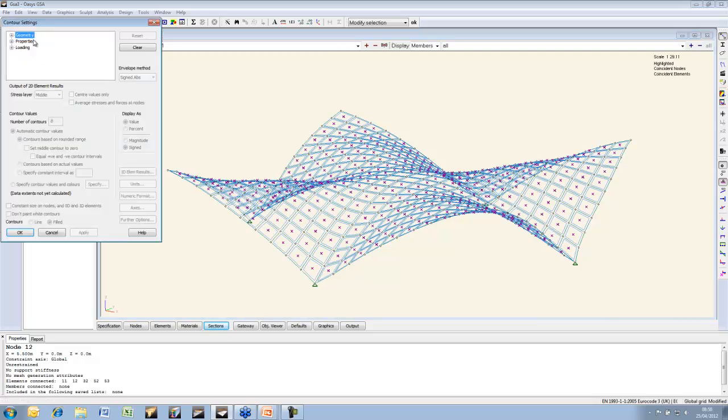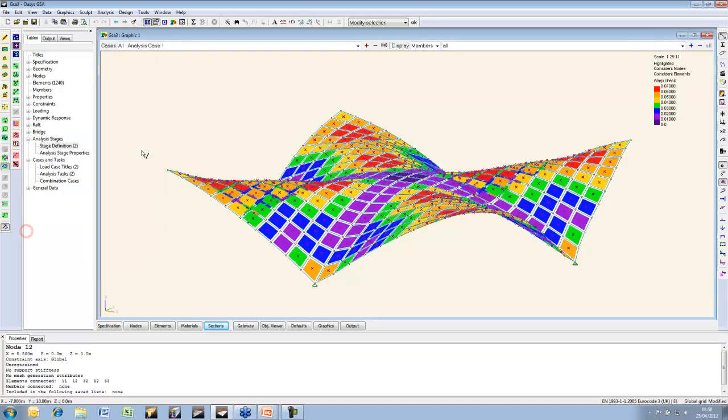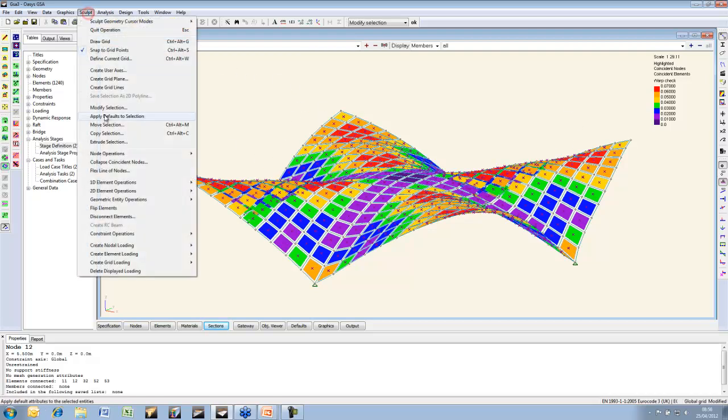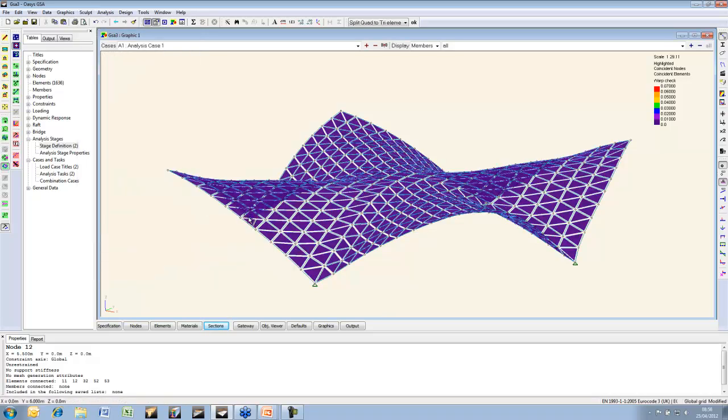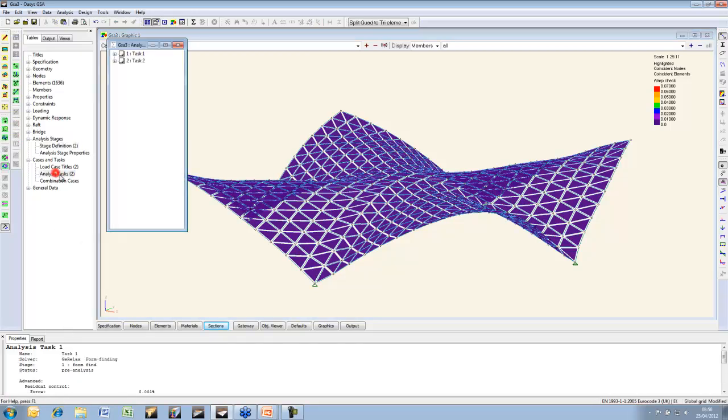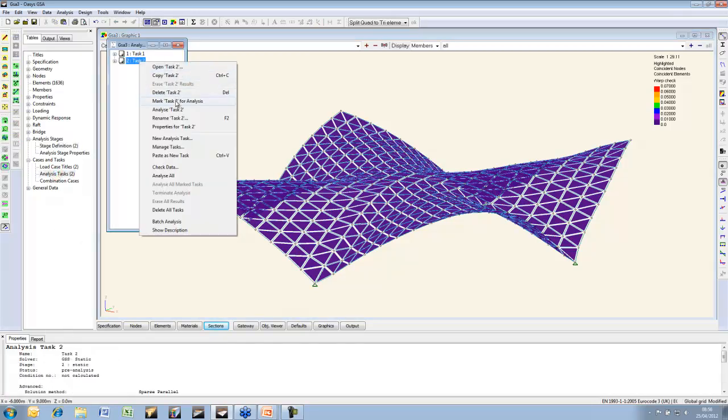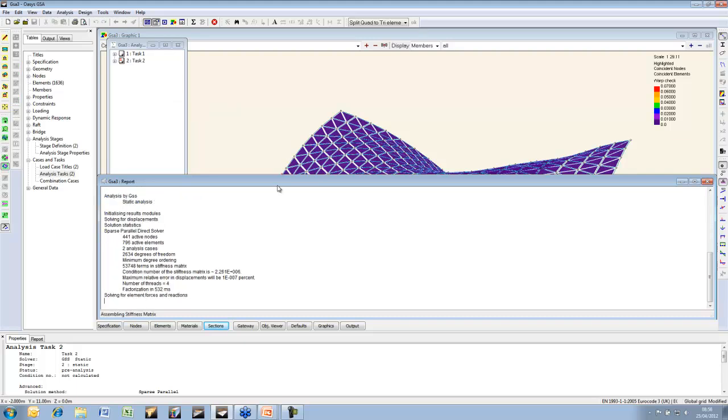These 2D elements, these are quads and these are warped. 2D elements need to be two-dimensional, they need to be planar. These are not. So having those selected, I am going to split those down into triangles so they're not warped. And then I'm just going to run analysis case 2,